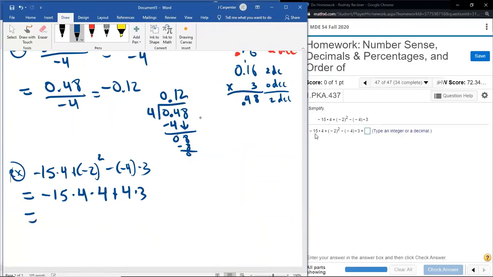I will mention that we have that separation by a plus sign, so we can do all of these at once if you would like, but again, I'm going to be meticulous and do it step by step. Negative 15 times 4, let's see, 15 times 2 is 30, times another 2 is 60, so that's negative 60. Then times the second 4 that was up there, plus the third 4 times the 3 at the end. Then negative 60 times 4, well, 6 times 4 is 24, just tack on the 0. Negative 240. Plus 4 times 3. We're not doing another multiplication of 4 though, because that's a plus. So we're going to switch over here, do 4 times 3, which is 12.